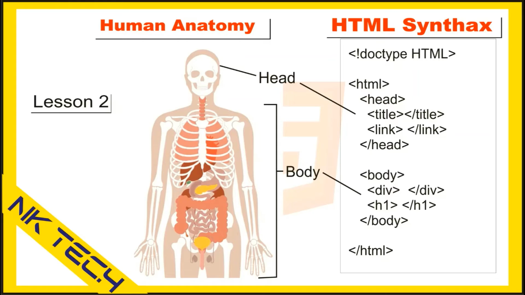Now to understand HTML syntax, let's take for example the human anatomy. The human body has the head at the top, then the body, which comprises the hands, and then a leg at the bottom. HTML has the same structure, where we have the head at the top, which comprises the link tags, the meta tags, and the title. And then we also have the body, which comprises the h1 tags, the div tags, and numerous other tags. Okay,